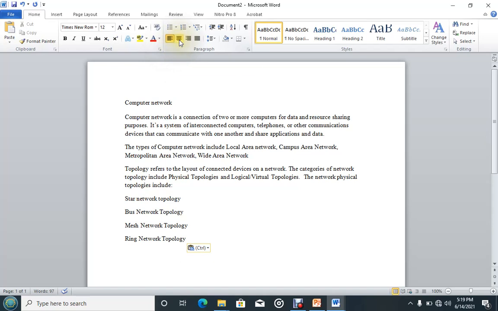Then here we have centering. In case you want to center your text, that's the option that you use. In case you want to right align, we have it there. Also if you want to justify, to align both left and right at the same time, we use justification. So let's begin with the centering.